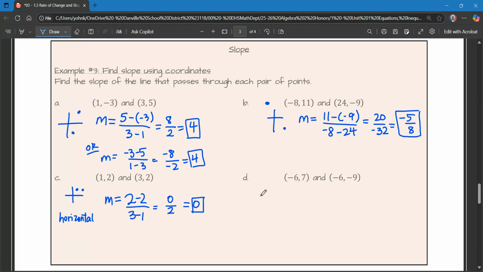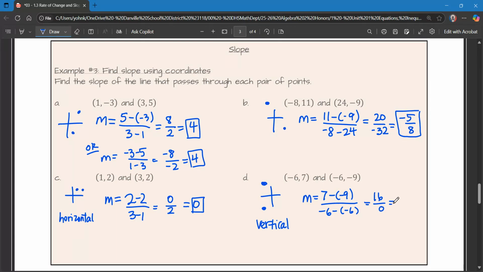Letter D, (-6, 7) and (-6, -9). So (-6, 7) is up here, (-6, -9) is down here. That's a vertical line. Vertical lines don't have a slope, so let's see what happens. If I do 7 minus a -9, and in the denominator, -6 minus a -6, that gives me 16 over